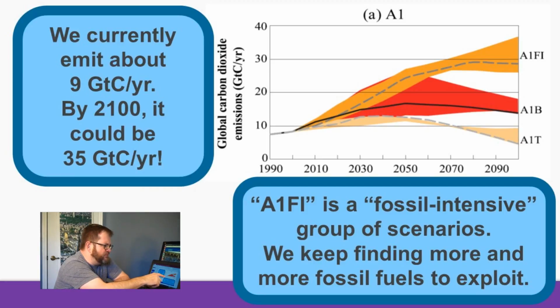And you can see, for example, in the A1B scenario, how the amount of carbon dioxide we are emitting each year peaks somewhere around the year 2050 and then starts slowly decreasing towards the end of the 21st century. A1B is the scenario that is often referred to as the business as usual scenario. That's the scenario where basically we're going to let market forces keep expanding how we find fossil fuels until it doesn't make financial sense anymore to find fossil fuels, and it makes more financial sense to do things like wind and solar.